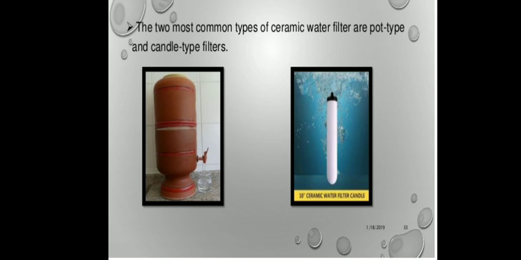Next one was your chemical methods used for the sterilization process, in which we have seen gaseous sterilization and liquid sterilization. And the last method was your filtration technique, in which we have seen the four different types of filters